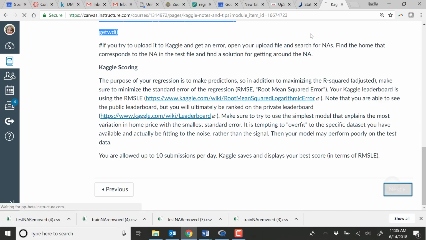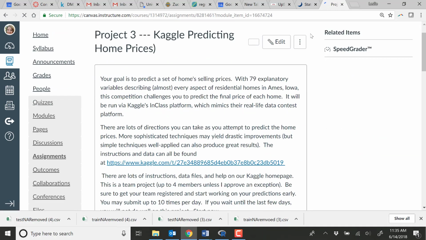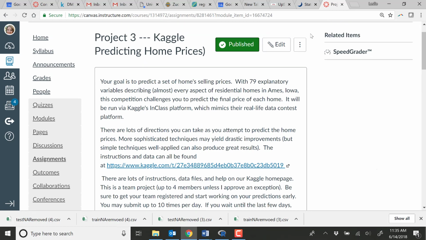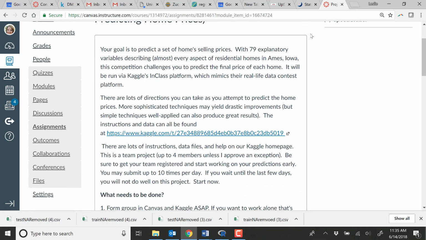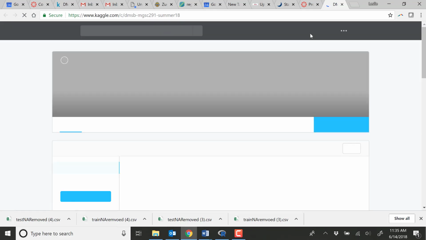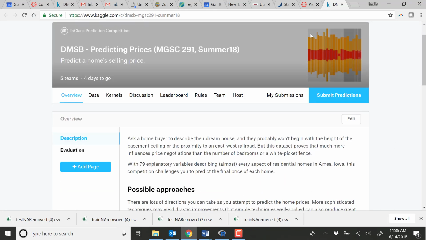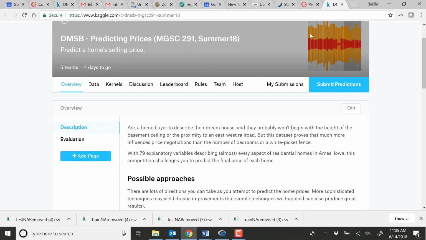So I'm going to go to the next link in Canvas, and that's your actual Project 3, Predicting Kaggle Home Prices. And you've got the link to our contest right here. So once you've created your Kaggle account and you've logged in, then just use that link to get directly to our contest. My computer's being pokey while it's also recording. All right, and so right up here,